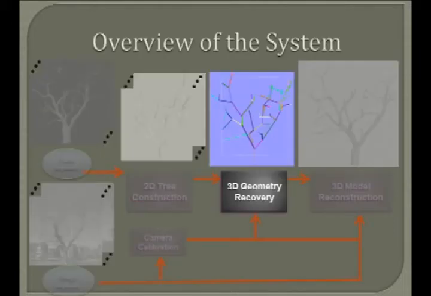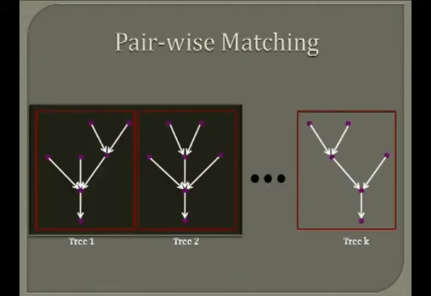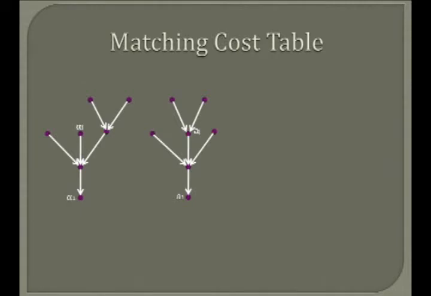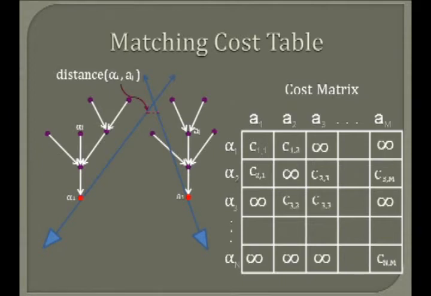Next, we find the optimal 3D skeleton tree that is the most consistent with the 2D trees. The core of the algorithm is to conduct pairwise tree matching. Given 2 skeleton trees, we first compute the matching cost between the nodes. For each pair of nodes, we compute their matching cost as the distance between their corresponding rays in 3D space. If the distance is too large, or it lies out of the predefined frustum, we simply mark the cost as